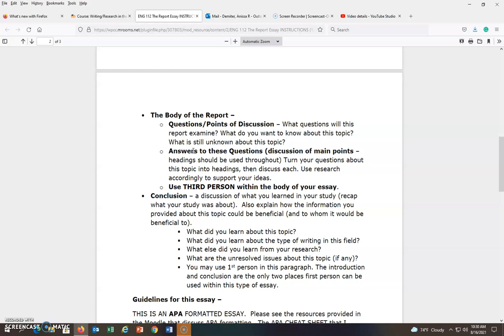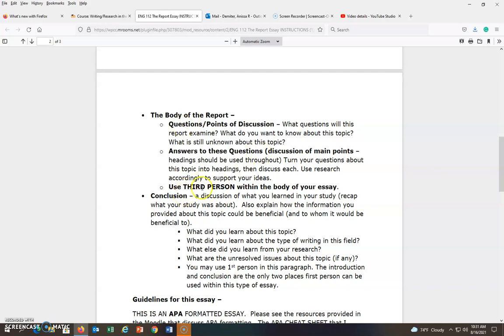And then what you could do is narrow it down to maybe 3 or 4 questions, and then turn those questions around into headings. So if your first question is, what is a phobia? Use that as your heading, and then your paragraph under it will answer that question, basically. So you'll definitely want to take the questions, turn them into your headings, and then you'll provide research for support in the paragraphs under those headings.